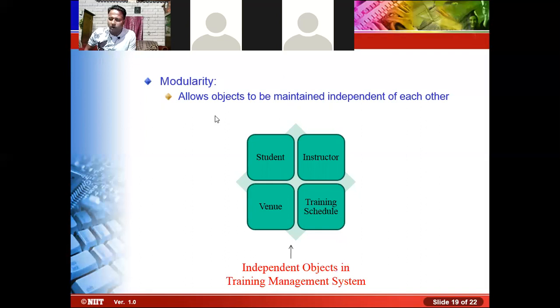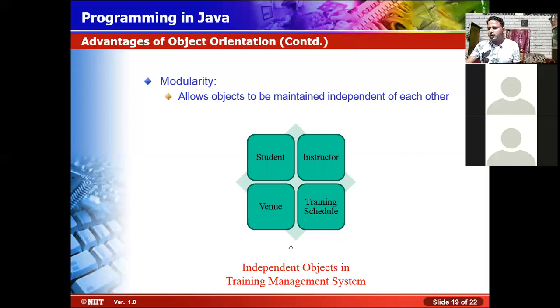It is not possible for a single developer to develop the entire part. So this entire part is divided into smaller chunks or smaller modules, and each individual module is handled independently. Then they are gathered in a main module. So modularity allows the objects to be independent of each other.